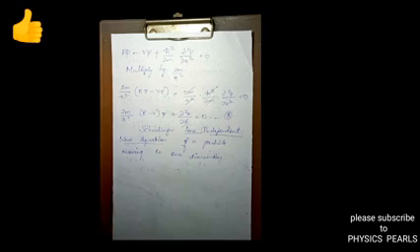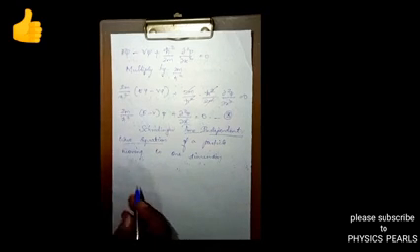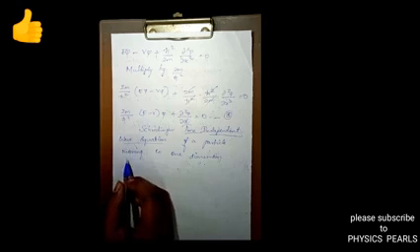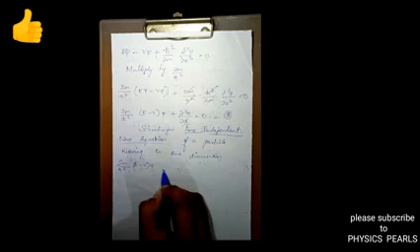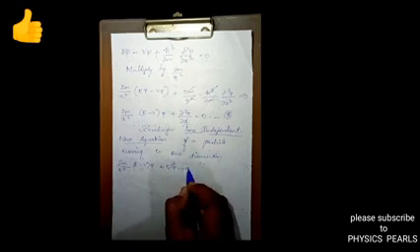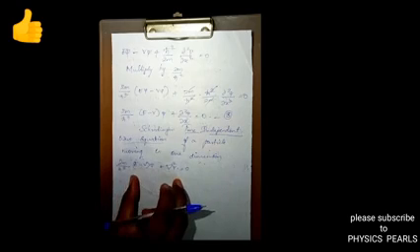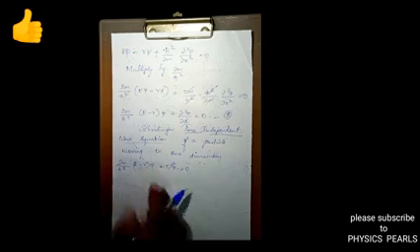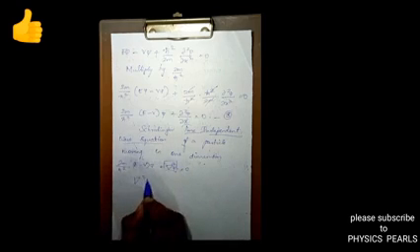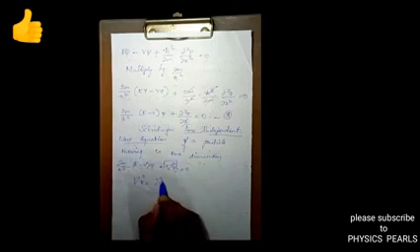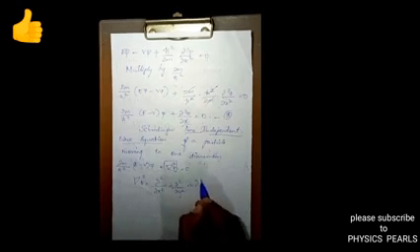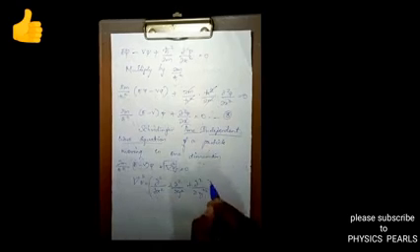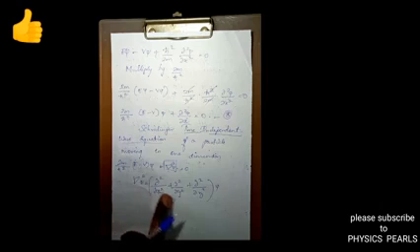If suppose the particle moves in 3 dimensions, what would be its wave equation, that is time independent, it becomes 2m by h cross square into (E minus V) of psi plus del square psi is equal to 0. This is the Schrödinger wave equation, that is time independent, when a particle moves in 3 dimensions, because we know that del square psi is equal to dou square by dou x square plus dou square by dou y square plus dou square by dou z square into psi. That is, it moves along x, y or z.